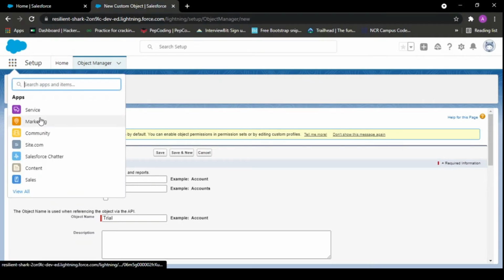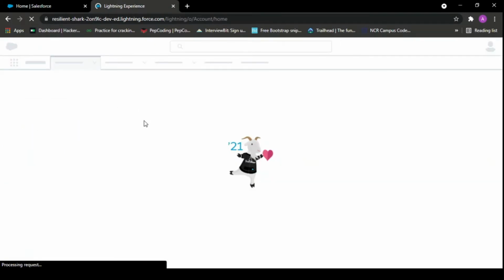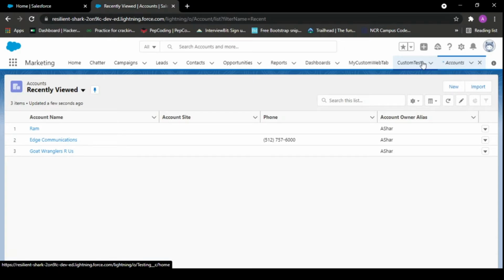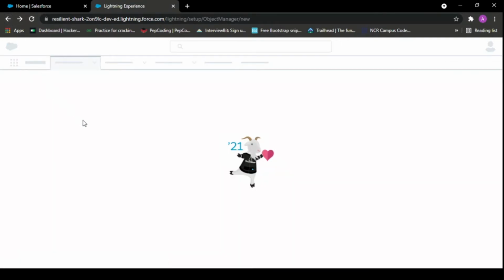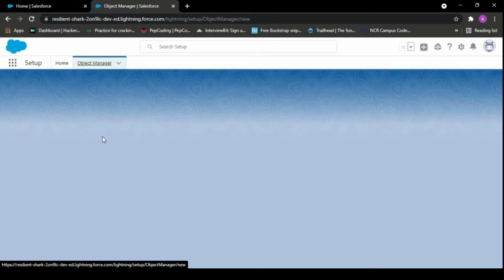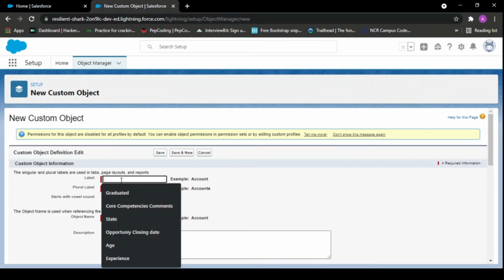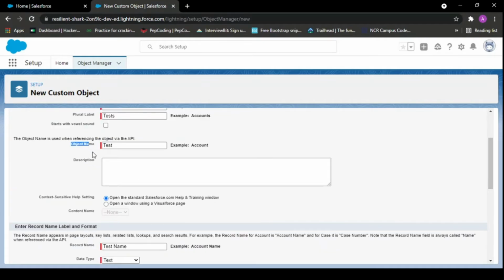Just a second, I will show you one thing. See, this account has a single name, but when we click on this, it is displayed as accounts. This is the plural name. So if we create test, tests would appear in the plural, and test would be shown as the name. This is your object name.